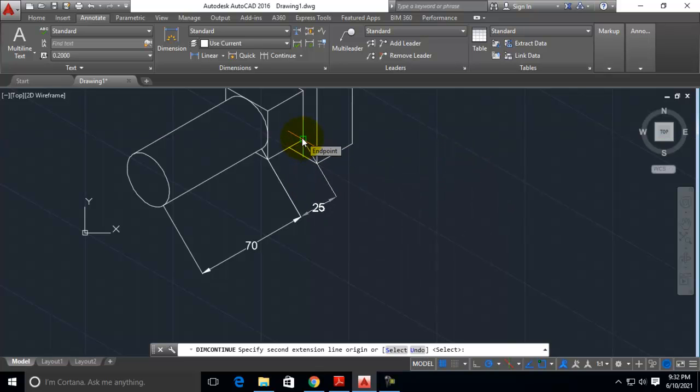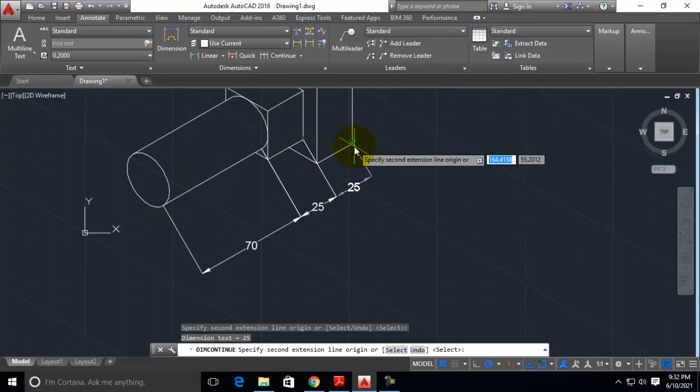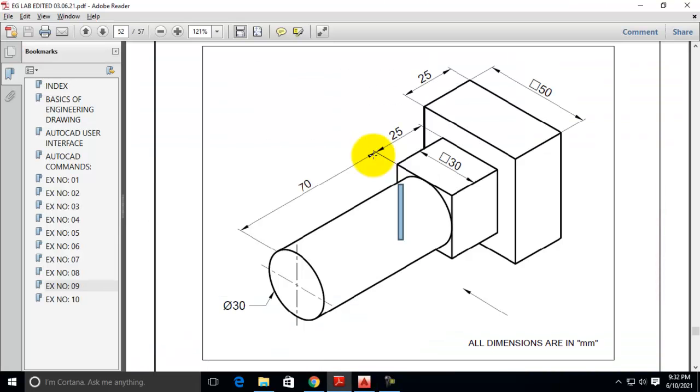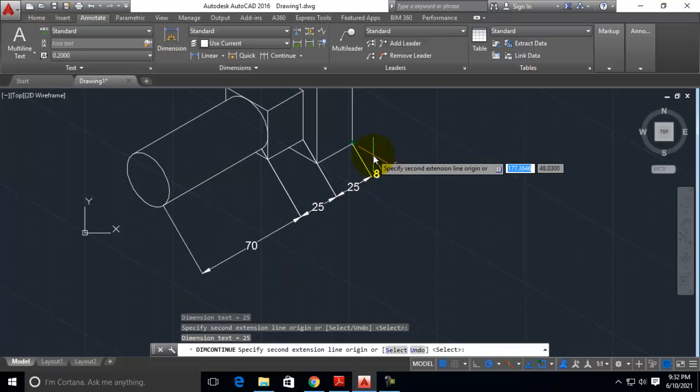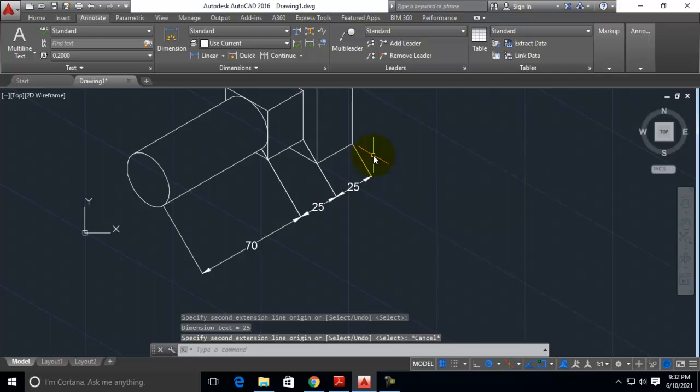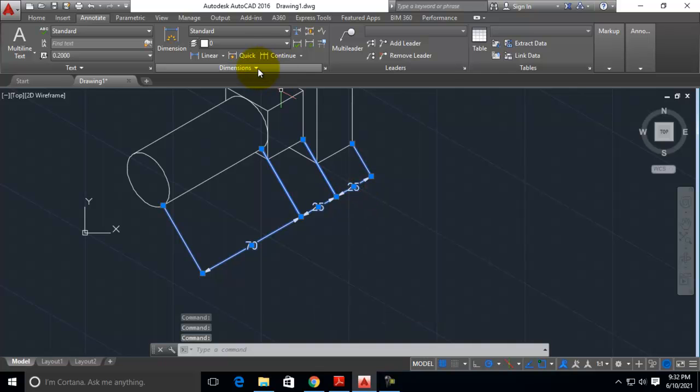Click over here. It is displaying as 25. Similarly, this also 25. Now we have completed this. Now select these 3 dimensions. Select these 3.